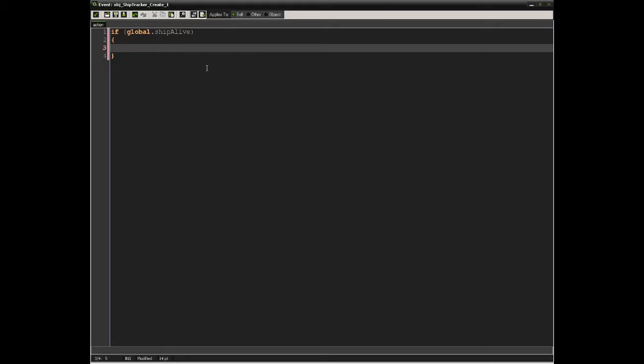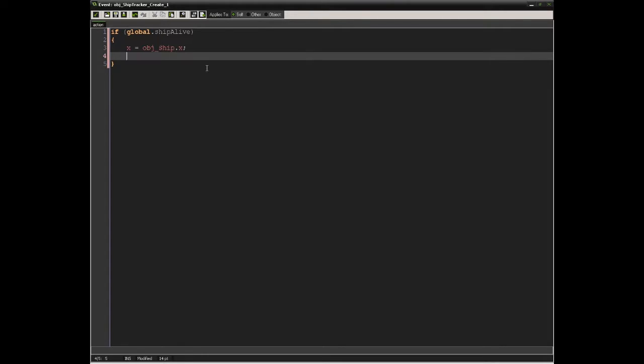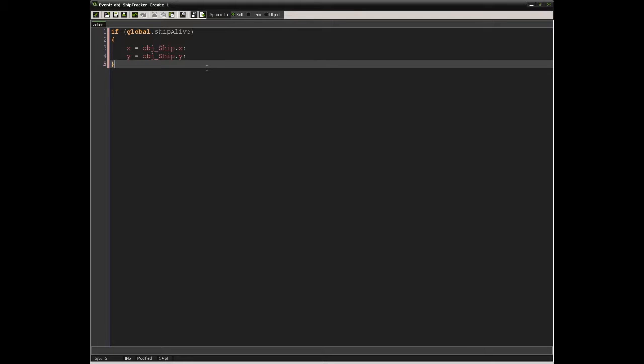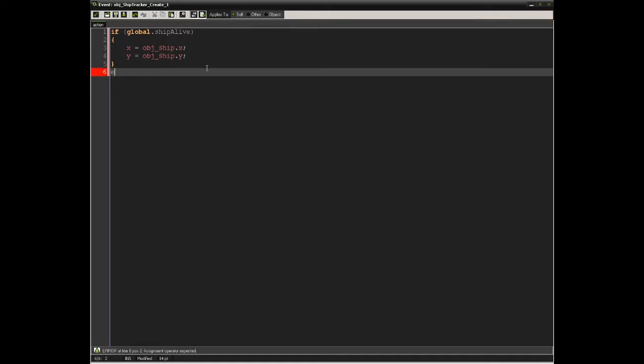Okay, now all this tracker does is stay with the ship at all times while the ship is alive. So x equals object ship dot x. Y equals object ship dot y. Okay, so all that's doing is tracking the ship while it's alive. If it's not alive,